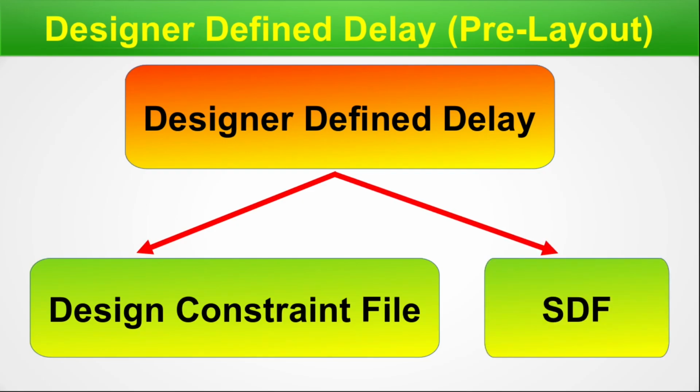We have already talked about all the inputs and outputs in STA, and there I touched base on these two files as the input. Here these two are text files, and the designer can include his defined delay into these two files. So manually these can be entered also. We will have a series coming up after this particular STA series, which is currently going on, where we will deep dive into the technical details of these file formats used in STA analysis.